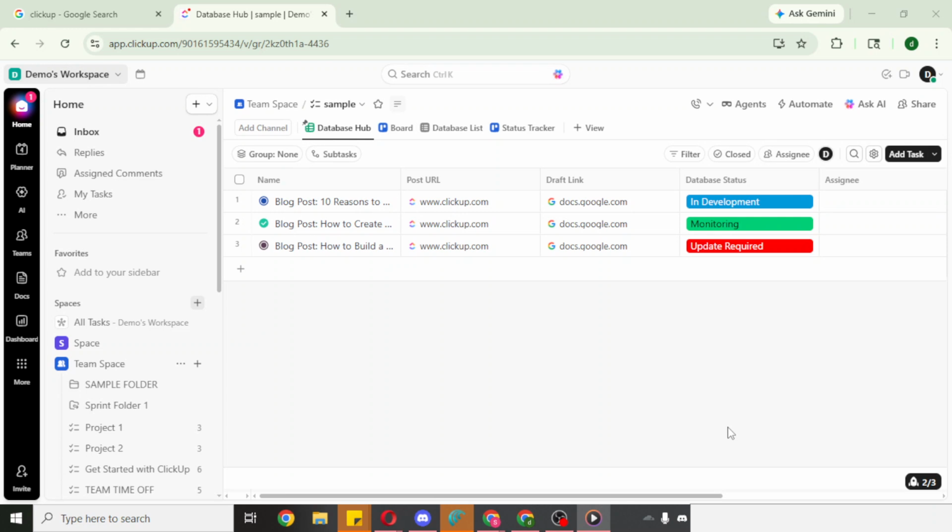First, open your ClickUp account. You can do this in your browser or the desktop app. Make sure you're signed in and looking at the correct workspace where you want this team to live. If you work across multiple workspaces, glance at the top of the interface to confirm you're in the right one